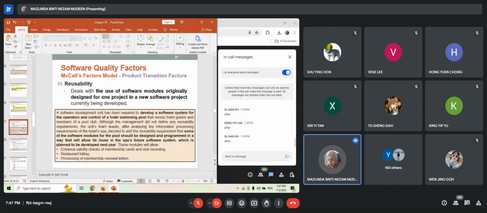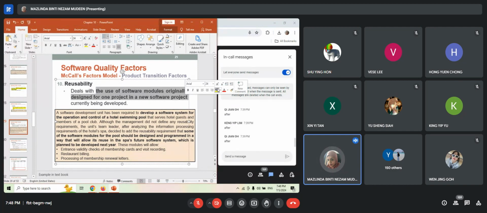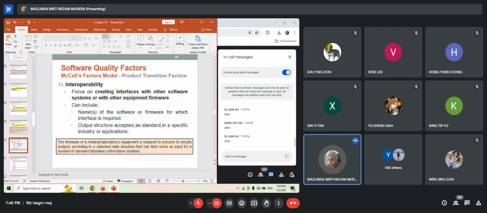Okay, then the second one is reusability. So when we say that we are doing certain adaptation, certain transition, the software must be able to be reused. So it means it deals with the use of the software modules or the source code. Okay, normally reusability means more the source code. So how we are actually able to reuse it in any other new project or in one currently being developed for us to do the transition. Okay, then the third one is the